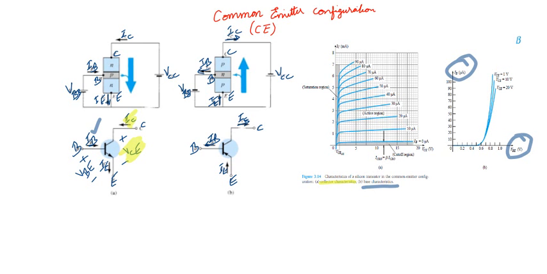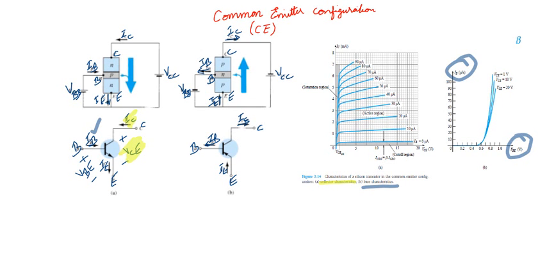Okay, right. Now if you look at this, first you will see the base characteristic. It's simple because the base emitter is like a diode. So the base emitter voltage is the voltage across the diode, and base current is flowing through a diode. So if you look at the characteristics, it is like a diode characteristic, right? Base current versus base emitter voltage, like a diode characteristic for various VCE. I have to change the VCE. First I'm keeping it at 1 volt, then 10 volt, VCE as 20 volt, and nearly the same characteristics I'm getting, right?